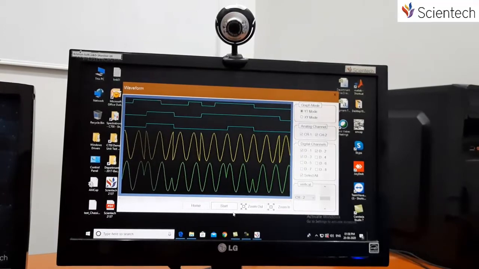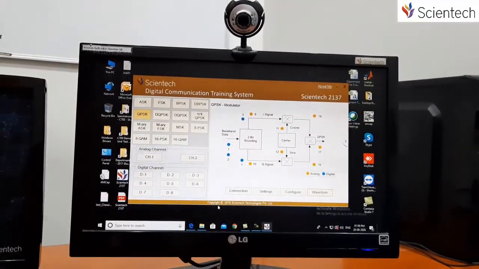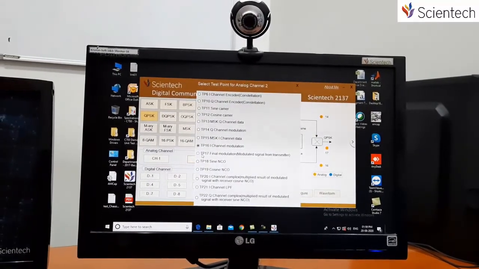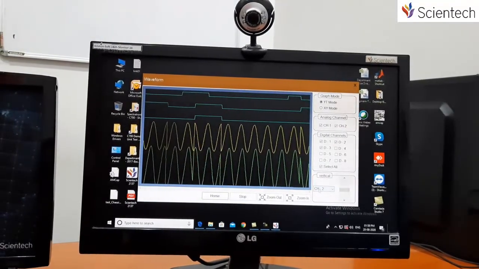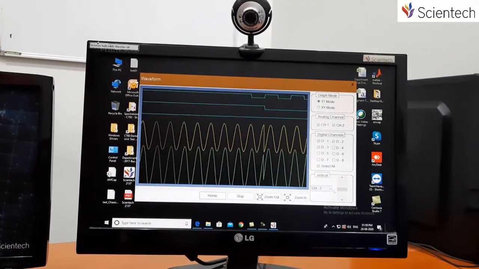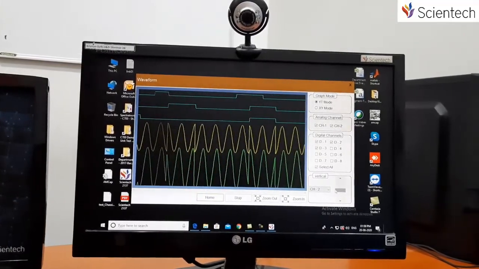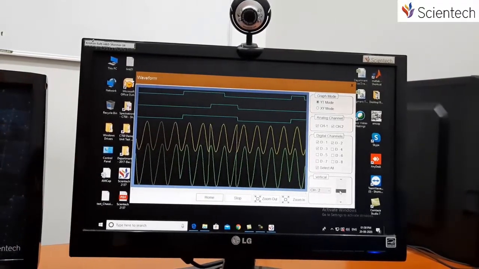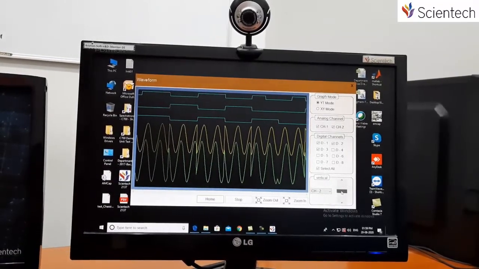So in order to see the QPSK, again we can go back to the home page, and in channel 2 we can select the QPSK instead of the selected one. So the final modulated signal can be selected and the waveform again, and you can see that finally we are getting the waveform signal. So we can move the Y position of the signal, which is the QPSK. We can get the QPSK output. So we can compare the I and the Q bits along with the angles which we are getting, and similarly we can do the same at the demodulation side as well.